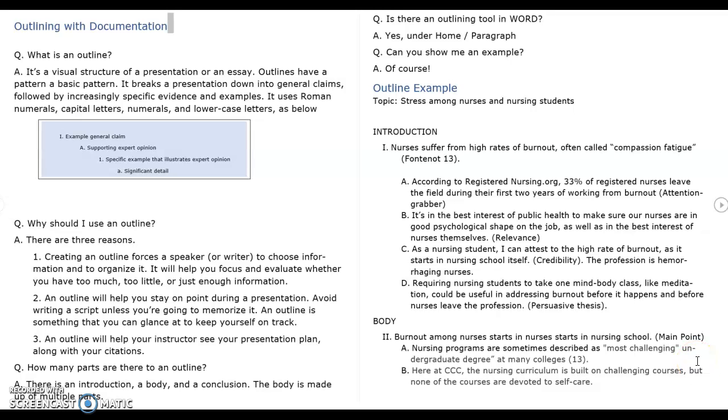Hi, communication students. I'd like to introduce you to outlining and give you a sense of what I'm looking for when I ask you for a detailed outline that has documentation in MLA style. Now, for the purposes of this demonstration, I've tried to create a potential outline for a persuasive presentation that includes